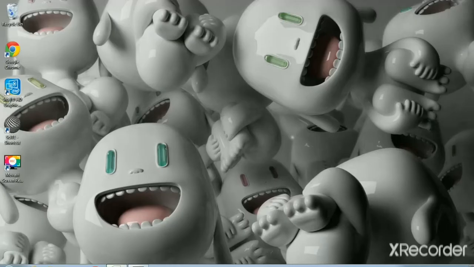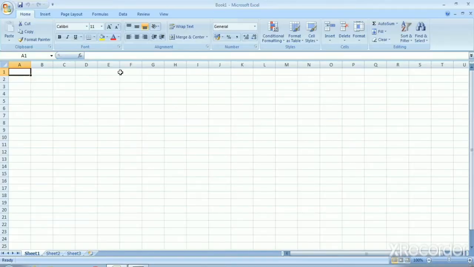So now we can see the opening screen of MS Excel. The first thing we understand is the title bar. When you open any program, the topmost bar of the screen is called the title bar. The title bar shows the name of the application and the default name of the document.